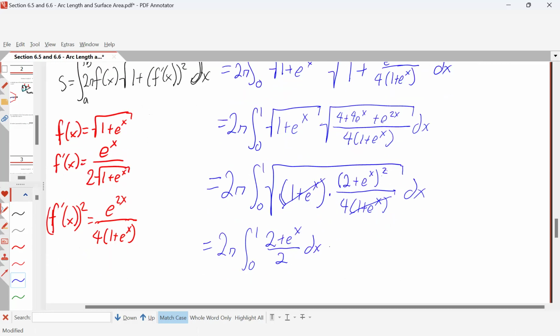This is now a simple integral to work out. And then 2 and the pi cancel. So we have pi times the integral of 2, which is 2x, plus e to the x, from 0 to 1,